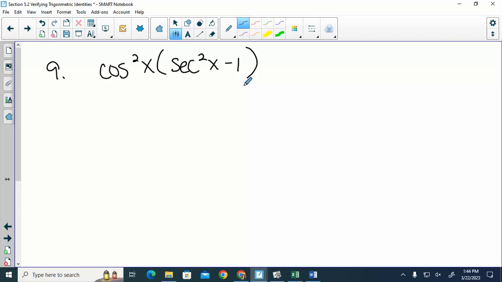This turns into tangent squared x. Turn that into